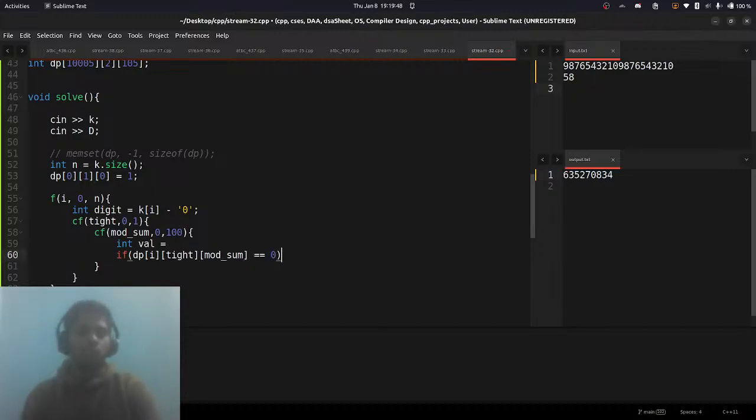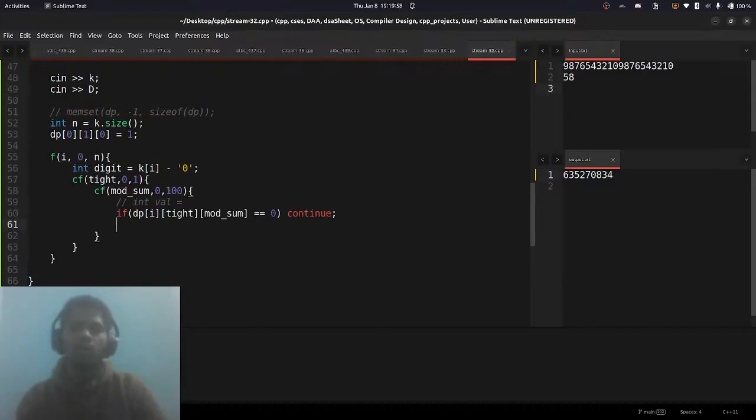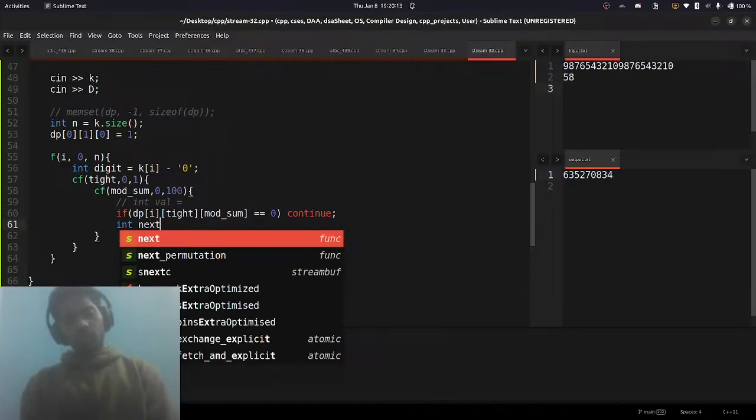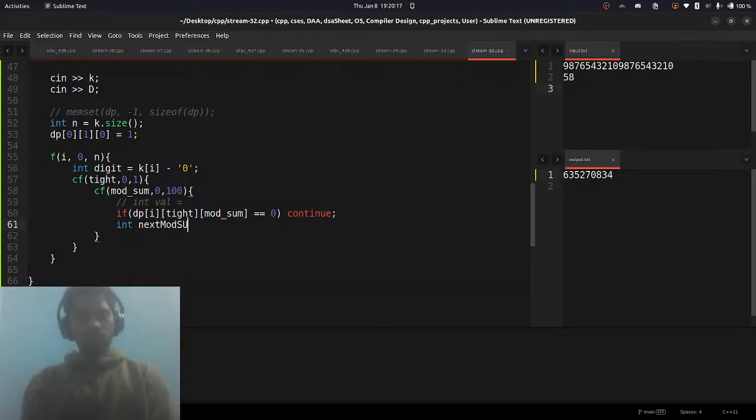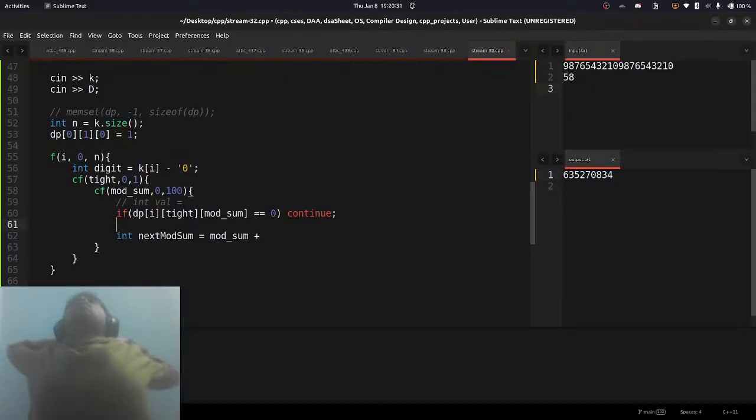is 0. If it is 0, then we don't do anything, we'll just pass, because we don't want it to be adding in future solutions, because it will not contribute anything, it will just waste time. Okay, and here we will have our next sum, which is mod sum plus whatever digit we have chosen. I think so it will be